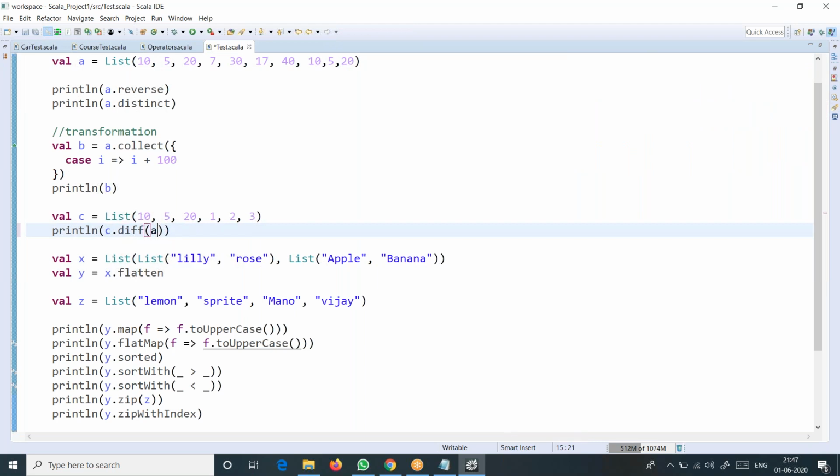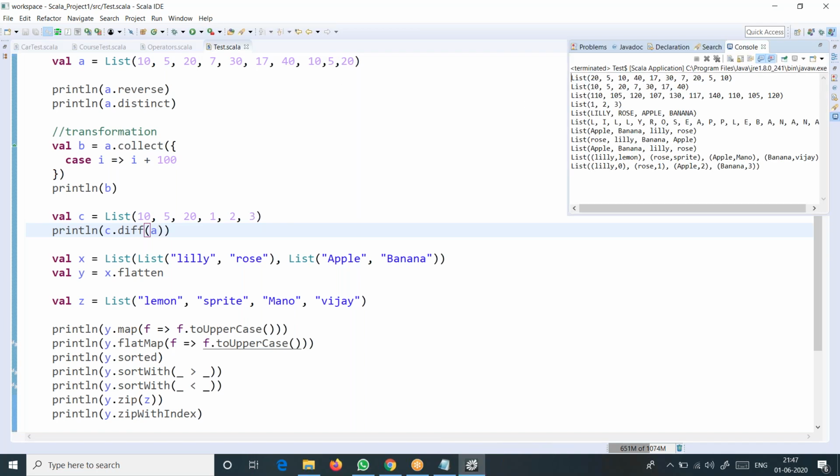C dot diff of A. Let's try this also. What happens here? Now we got 1, 2, 3 because whatever elements are there in A are removed from C here. C minus A means whichever are common with A are removed from C here. And 1, 2, 3 is present here.